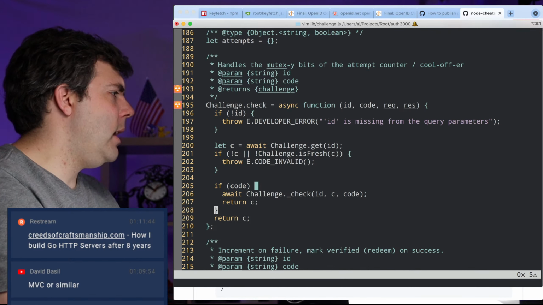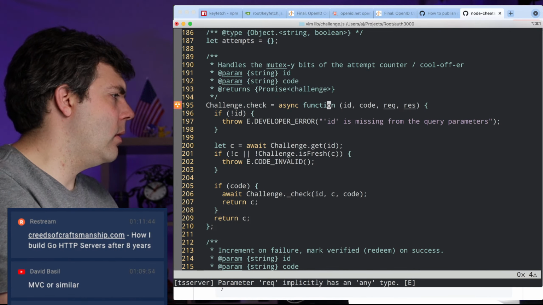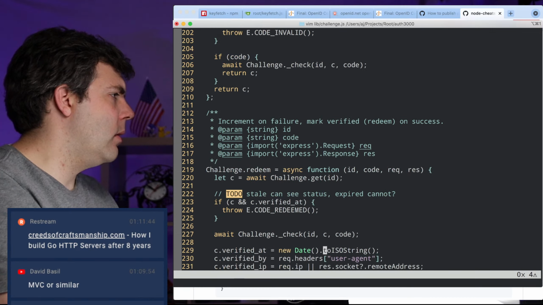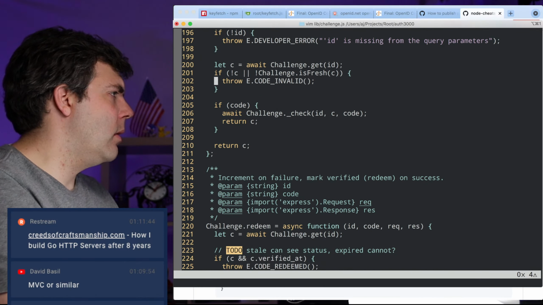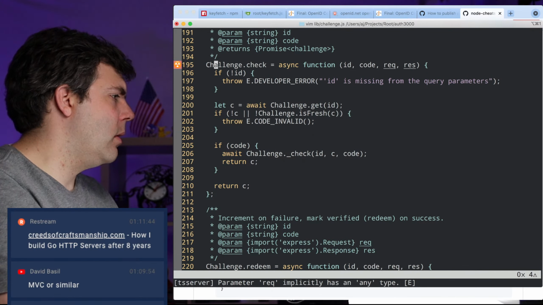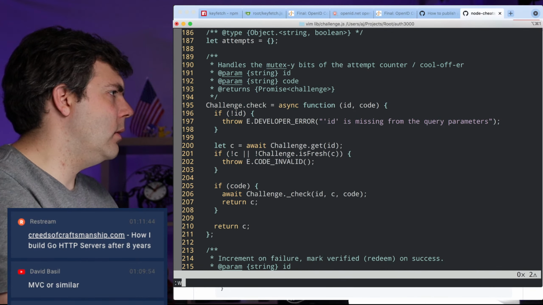So it does kind of seem, oh, well, yeah, let's do promise there. Thank you, type linter. All right, so we don't need these.